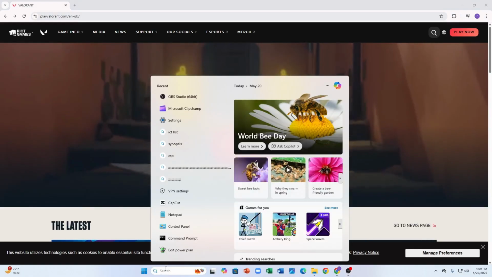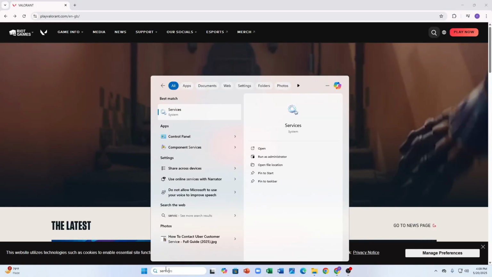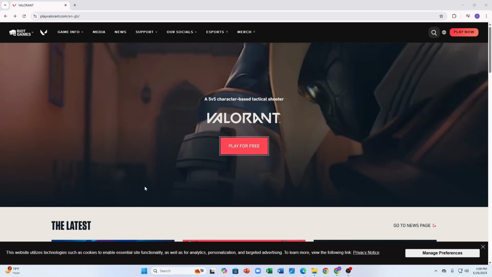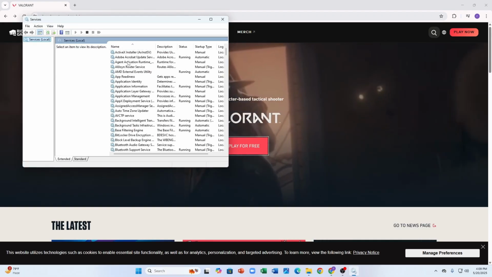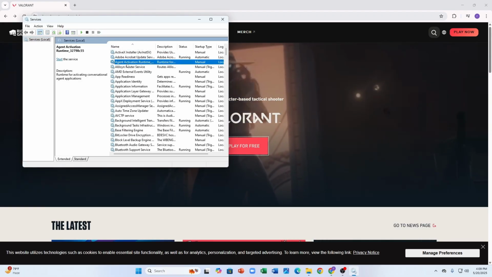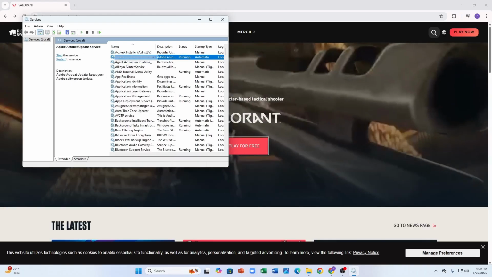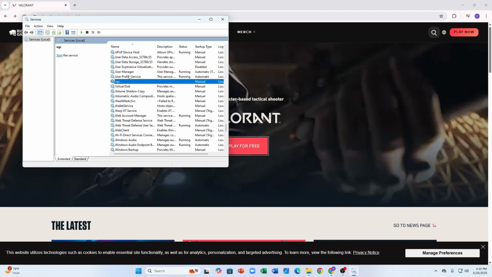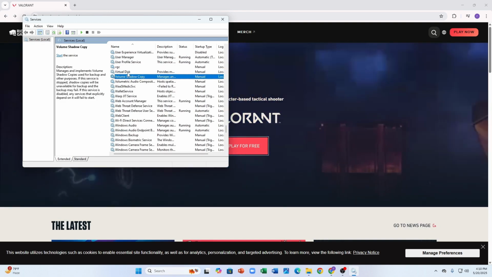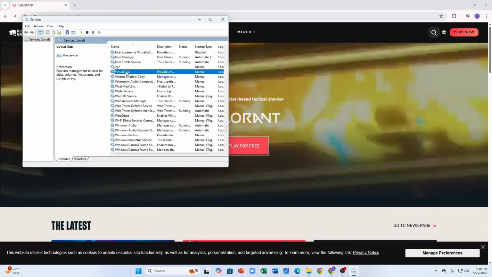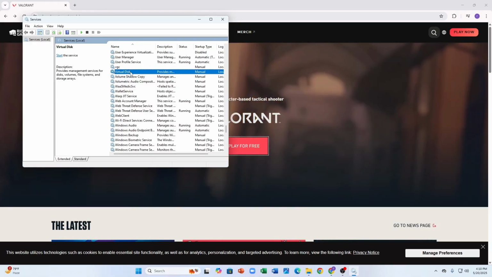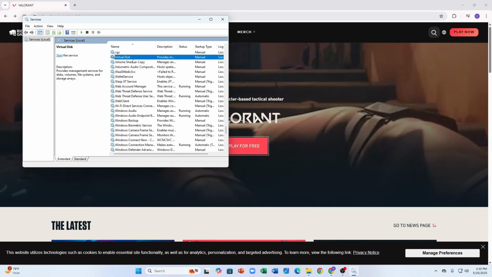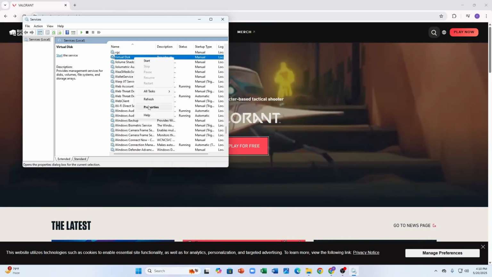Services in the search menu. Services, and then you have to click Enter, and then you just have to right-click on any of the options and search for VGC. I have not installed Valorant, so you will find the VGC and just click on Properties